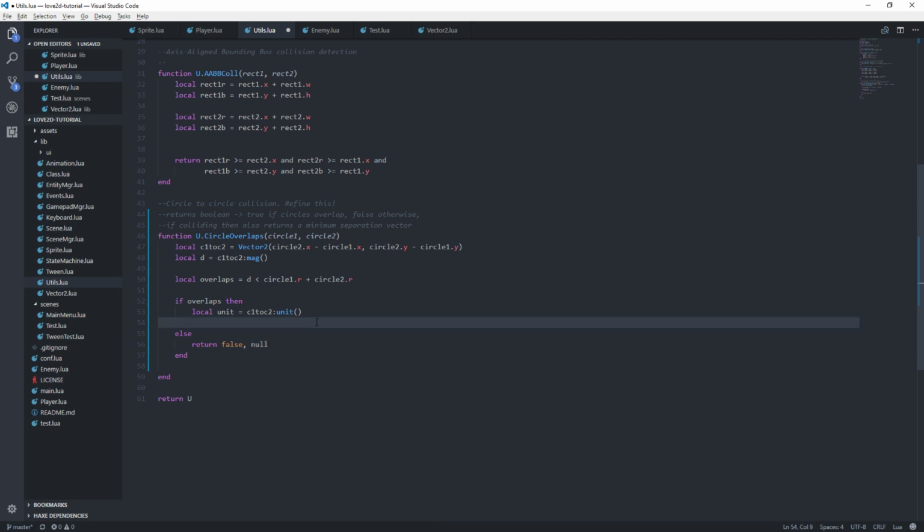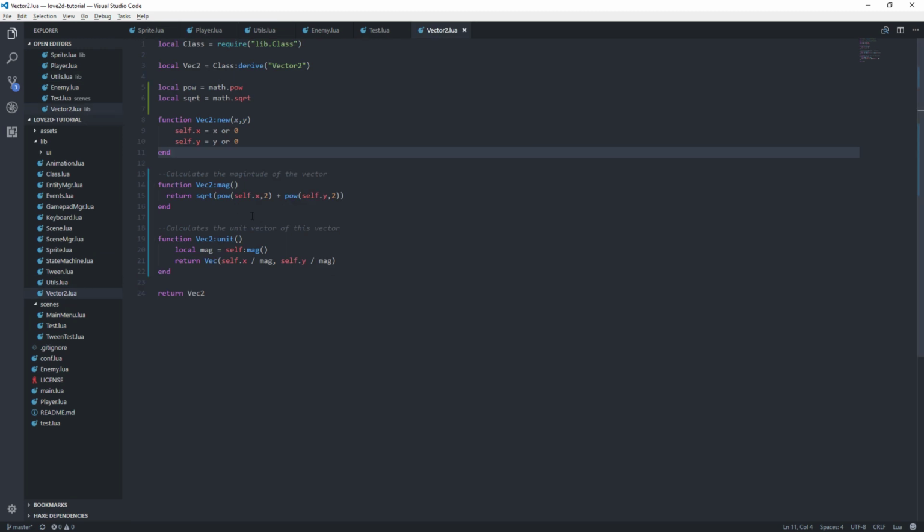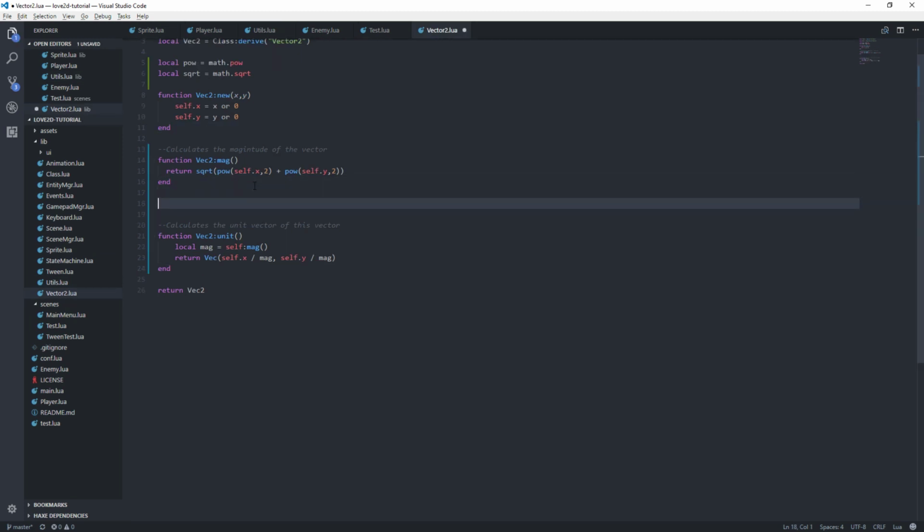So we need to add another thing to our vector 2, and that will be a multiplication function. Call it mul,